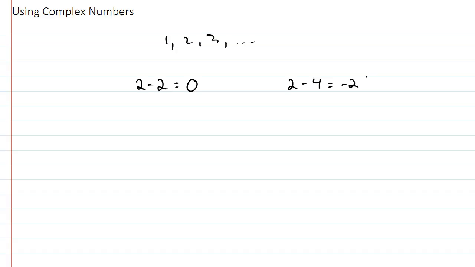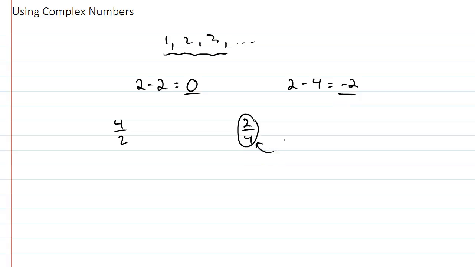Now, the same thing can happen with division. So people had no problem with 4 divided by 2. But then what about 2 divided by 4? Well, 2 divided by 4 is not a whole number, and they eventually started working out fractions. So people started to expand the types of numbers that they used. They started with whole numbers, but then they had 0, they had negative numbers, they started to include rational numbers,